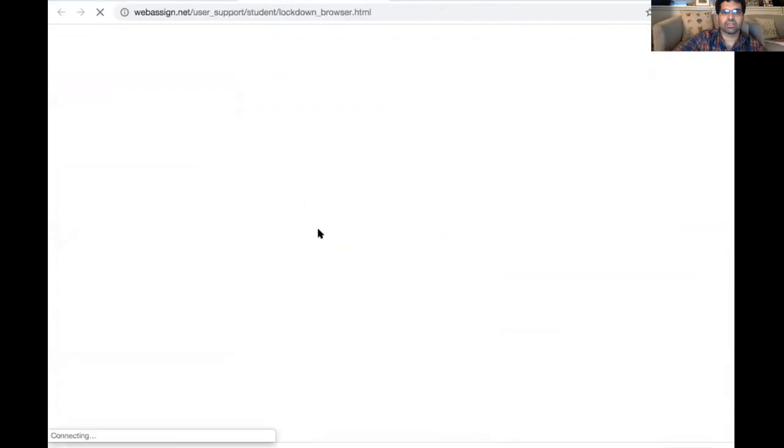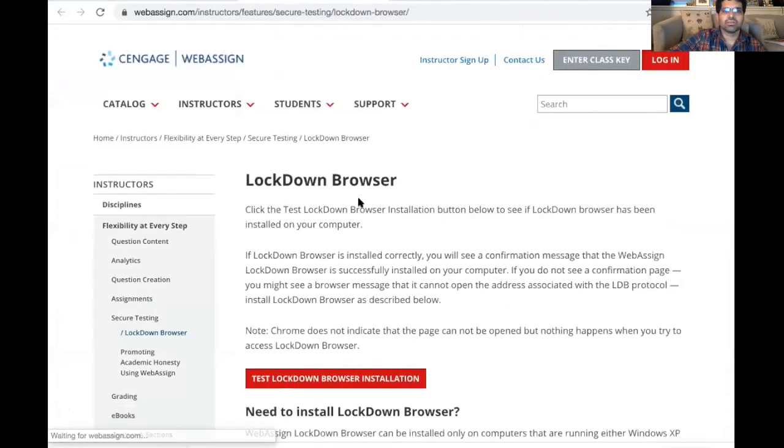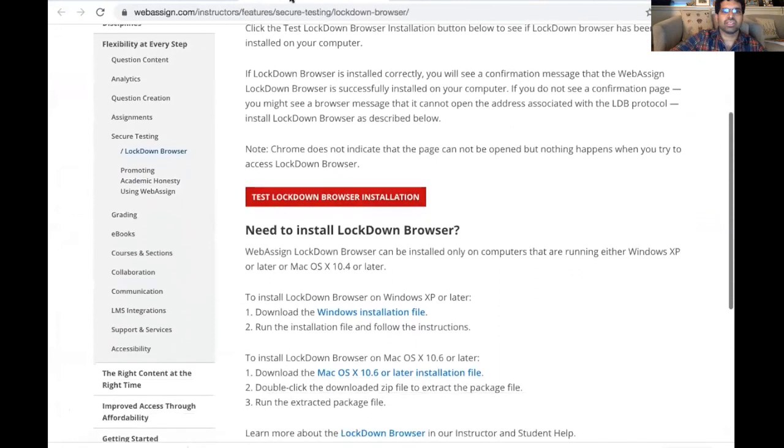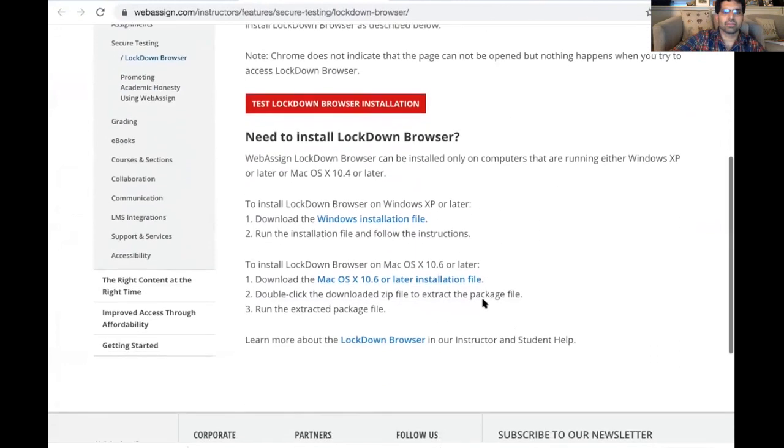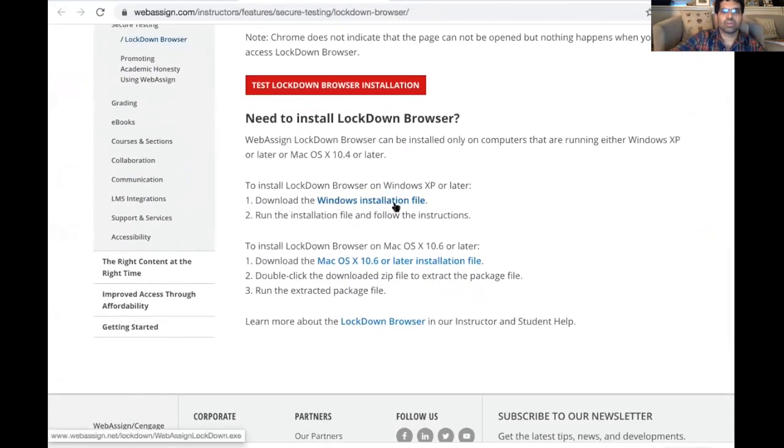If you click on that, you would see here: download Windows installation file or download Mac operating system installation file. Yep, it is downloaded. I am going to run it, and then after that,